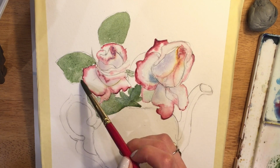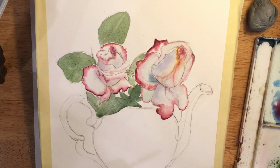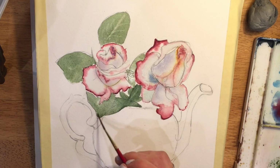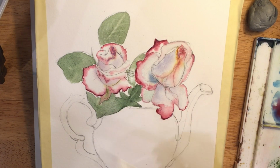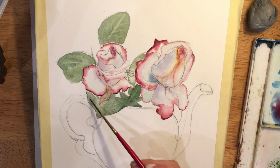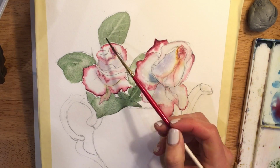Okay, you can see I'm going pretty fast. I think this is sped up like 8 times at this point. And I'm not doing nearly as much variation in the leaves. The leaves are not going to be my focal point. The blossoms are my focal point, so I put more detail in there. With the leaves, I'm leaving them pretty much all the same color and just doing a little bit of work,